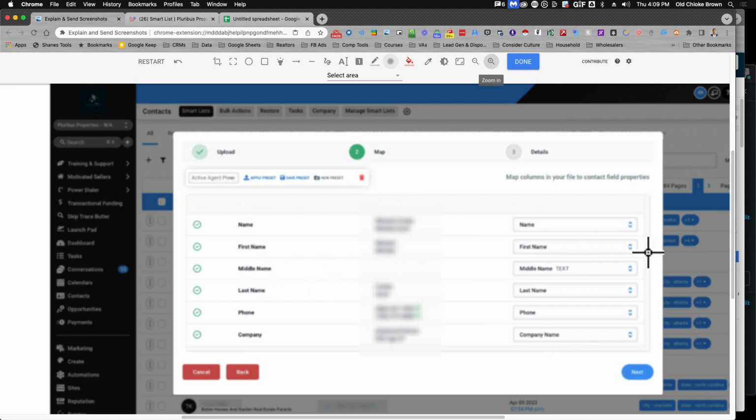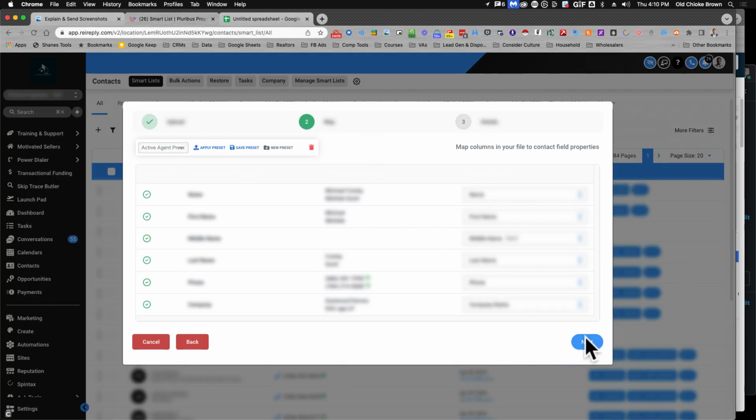Middle name shows up because I cleaned the sheet, and there is a middle name column in the way that I clean up the sheet. Hopefully that video will stay up on YouTube, and you can check that out if you want to see what that looks like. So from that point, you're going to go to next,